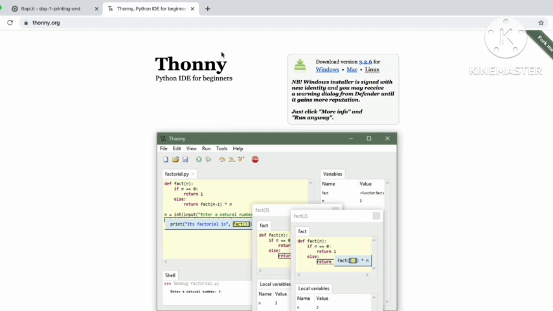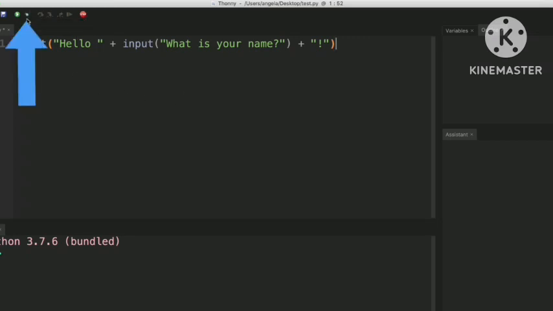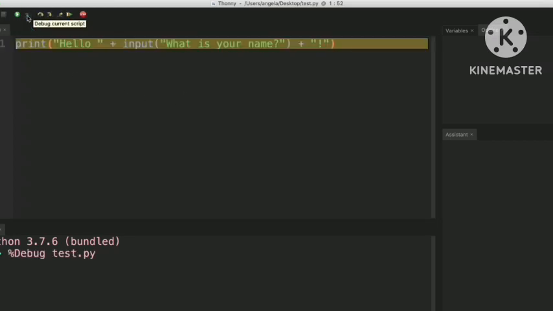It's completely free and it's available for Windows, Mac, and Linux. And once you've installed this application, you can go ahead and paste your line of code here and click on this little debug symbol. And then we can click on this button, which is called the Step Into button, to step into the execution of this line of code, to see how the computer is evaluating this code here